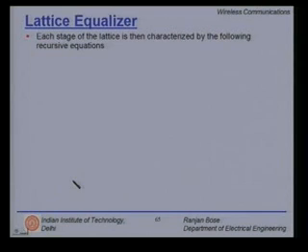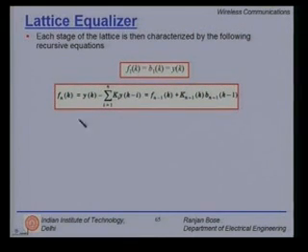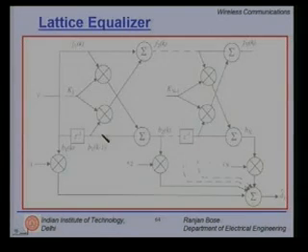So, each stage of the lattice is characterized by the following recursive equation. If you go back and forth between the last slide and this slide, you can easily correlate that f1k is b1k is yk, that is the initialization, and then you have a recursive equation: fnk is ynk minus summation i equal to 1 through n of the reflection coefficient ki yk minus i. So, if you go back here and try to correlate, you will be able to figure out how you can write yk in terms of the previous values.